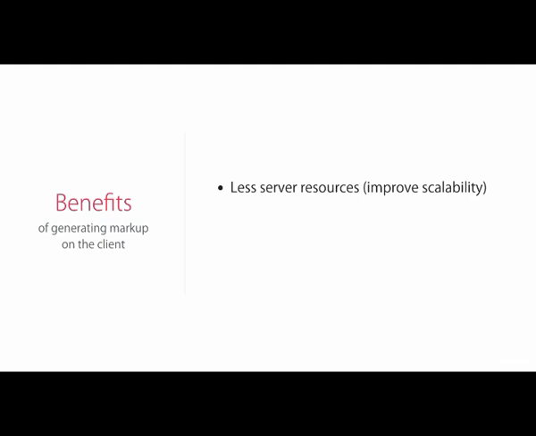The second benefit is that raw data often requires less bandwidth than HTML markup, so the data potentially arrives faster at the client, and this can improve the perceived performance of the application. Now, just to clarify, we're not talking about significant performance improvements here, but overall, the application may appear to be